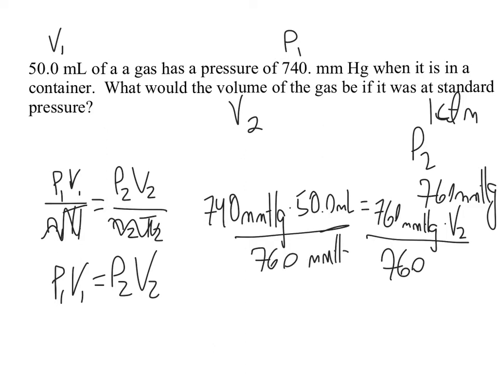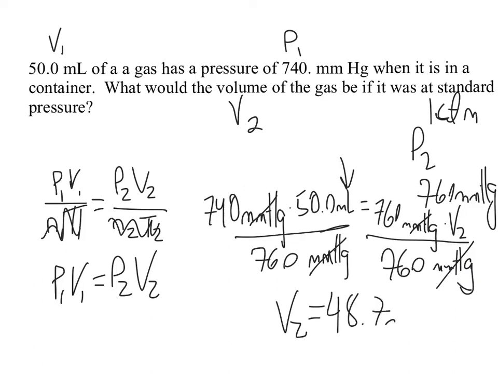My millimeters of mercury cancel each other out on both sides, so that I'm left with milliliters. So when we plug it into our calculator, we should have 740 times 50 divided by 760, which gives me a new volume, V2, of